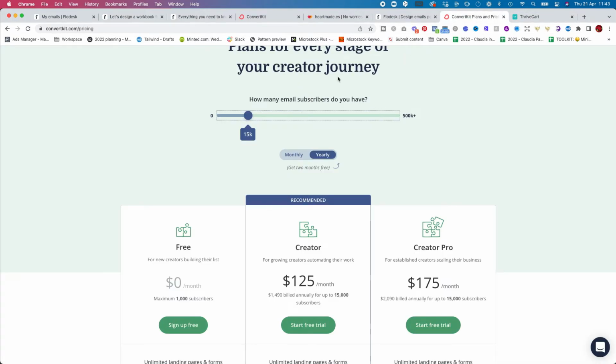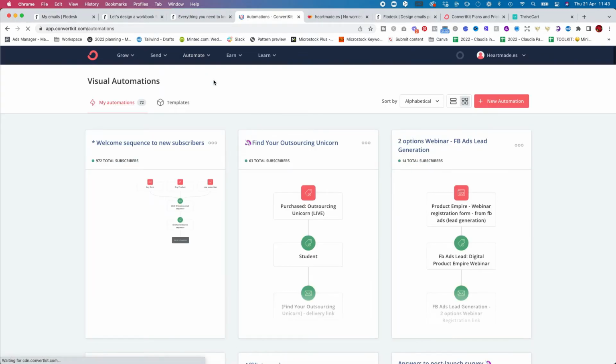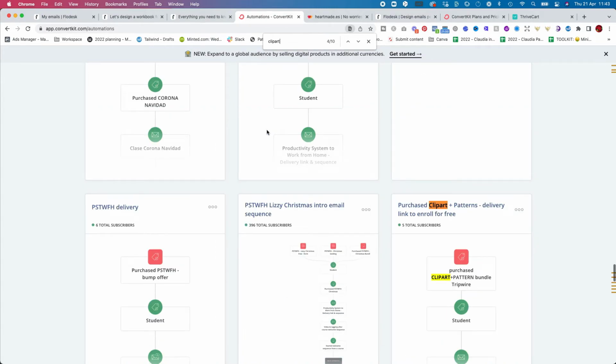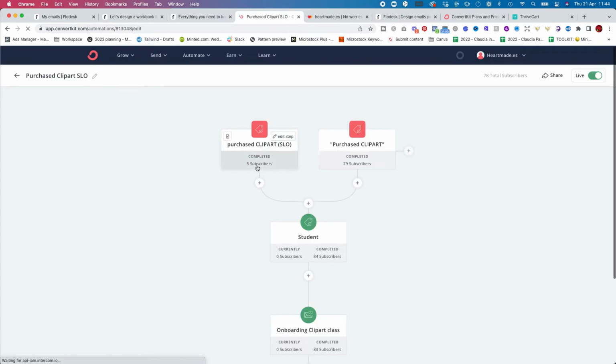Convertkit I can create an automation and say every time somebody gets, let's go to the clip art to show you the exact example. Well, imagine it's this one. I have so many automations, but this is about clip art. So in this automation, when somebody gets this purchase clip art tag, it automatically triggers to tag them as a